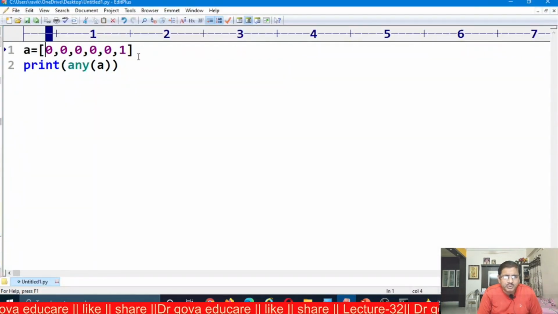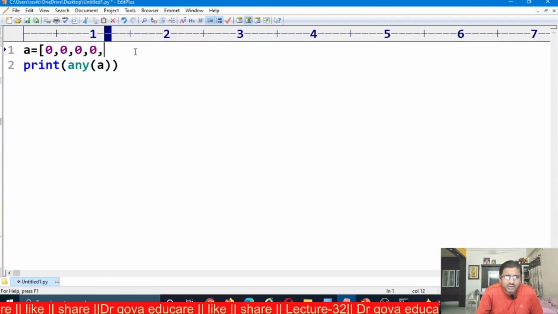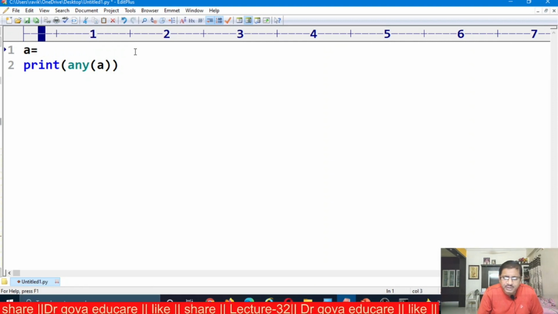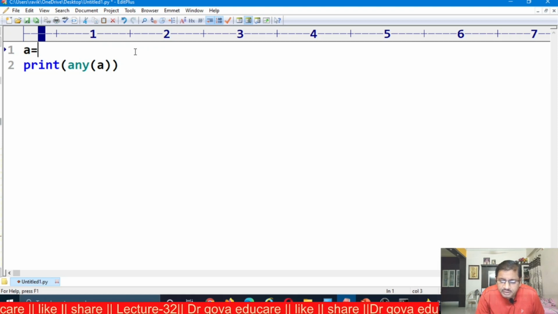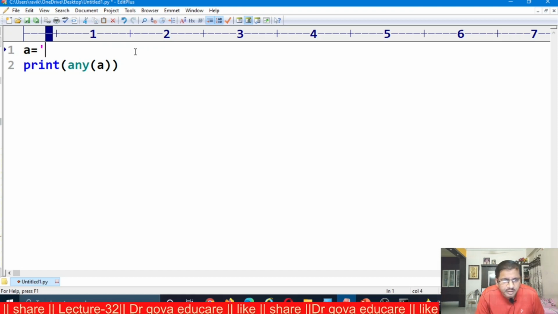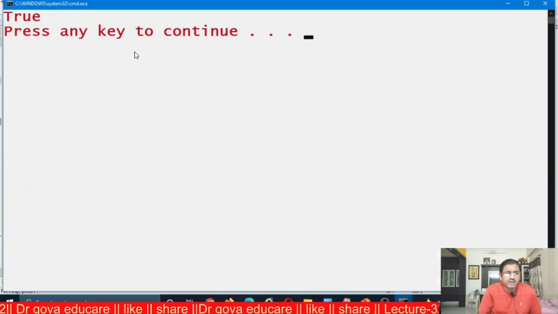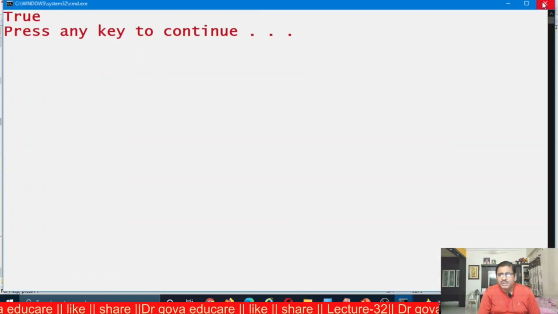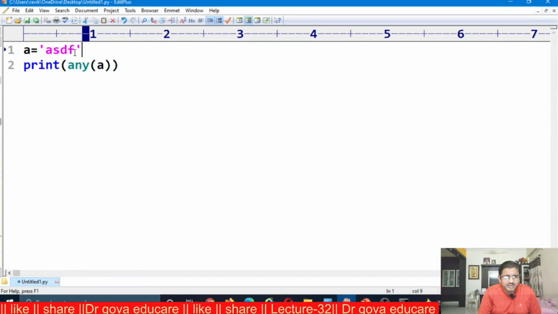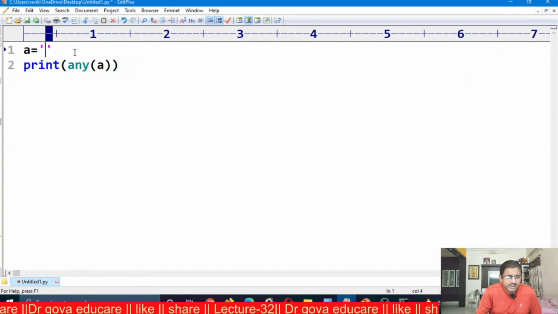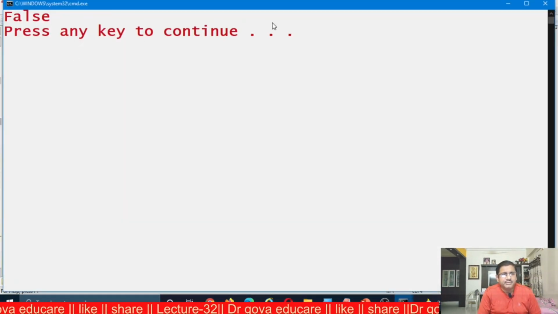It is applicable to sets also. I already explained the set. It is applicable to strings also. If it is an empty string, it returns false.